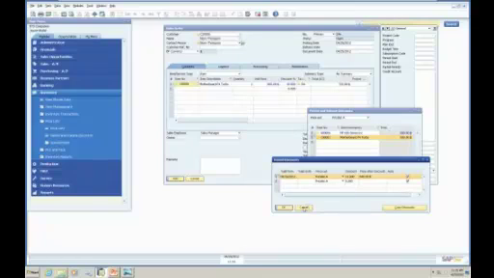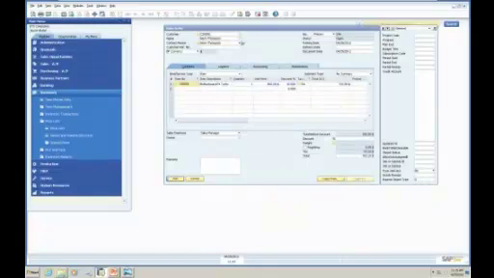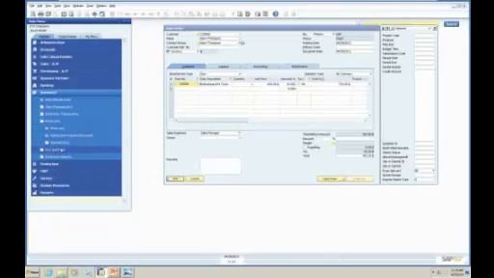Now, the question to myself would be, well, is that the right final price? I can't be sure until I look farther. Now, you could, once you get used to it, you could work backwards, probably. You just look at this one first, because that's the one that applies most, but I'm kind of working through the hierarchy to show you what overrides what. So it was 600. With the period and volume discounts, we see that it should be 540 for him, for that company. Now, if we look at discount groups,